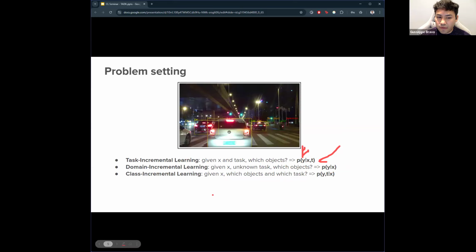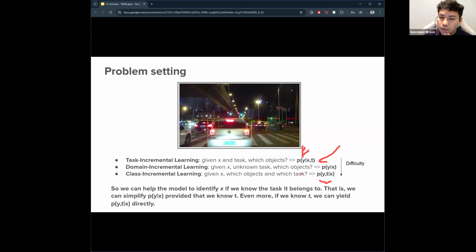In the third scenario, class incremental learning, we need both the label and the task. As we see, this is the most difficult one.